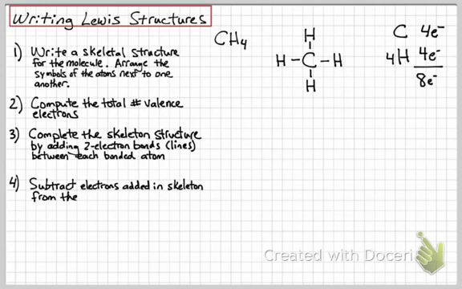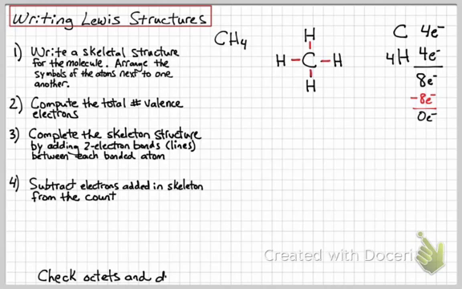So subtract electrons added in the skeleton structure from the total electron count. So we had 8 electrons. We added into the skeleton 8 electrons. That leaves us with no electrons left. And so we're pretty much done with this molecule, and you can see it looks like the previous molecule that we wrote for methane. The last thing that you're going to do is to check octets